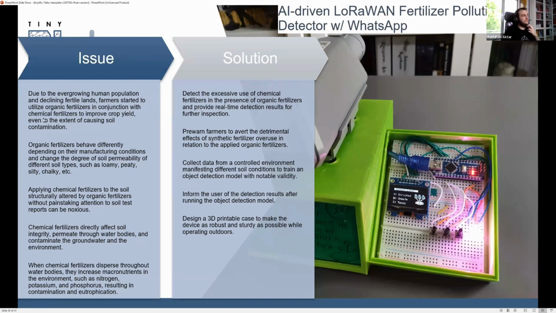In this project, the issue is due to the ever-growing human population and declining fertile lands. Farmers need to utilize organic fertilizer in conjunction with chemical fertilizers to improve crop yield, even to the extent of causing soil contamination. Organic fertilizers behave differently depending on their manufacturing conditions and change the degree of soil permeability of different soil types, such as loamy, peaty, silty, chalky, or other soil types. Applying chemical fertilizers to soil structurally altered by organic fertilizers without painstaking attention to the soil can